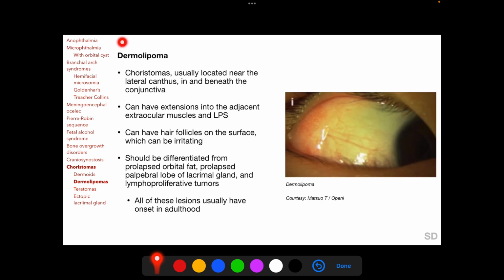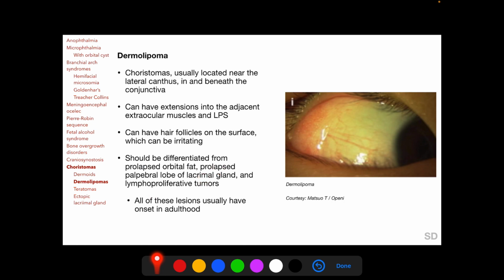Dermolipomas are choristomas usually located in the lateral canthus in and beneath the conjunctiva, and it is very important to remember that they can have extensions into the adjacent extraocular muscle as well as the levator palpebrae superioris muscle. They can demonstrate hair follicles on their surface which can be irritating to the patient, and in this location in the lateral canthus, dermolipomas need to be differentiated from prolapsed orbital fat, prolapsed palpebral lobe of the lacrimal gland, and